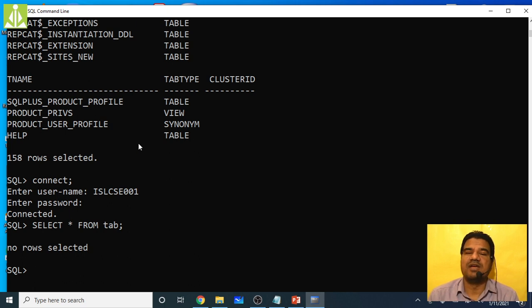So far we have downloaded the application from the internet, done the installation successfully, and created our own database to practice the SQL stuff. This much configuration you have to do on your computer to set up the SQL environment. It is very easy. Just go to the internet, download the application and install it on your computer to get SQL working, so that you can practice all your commands. So this is the installation.